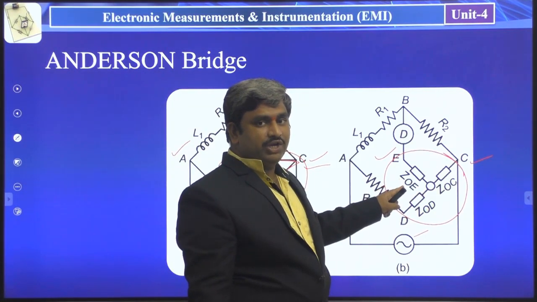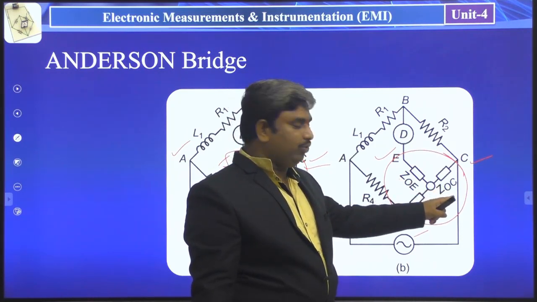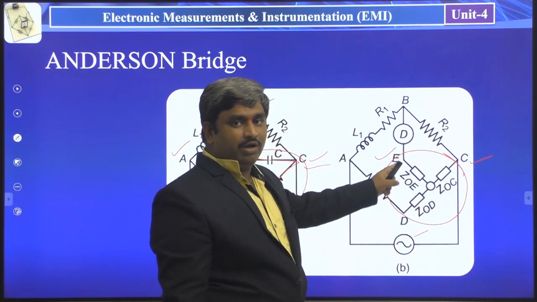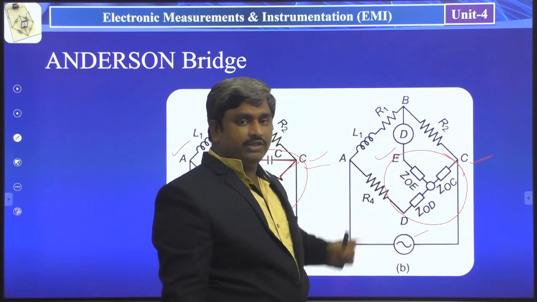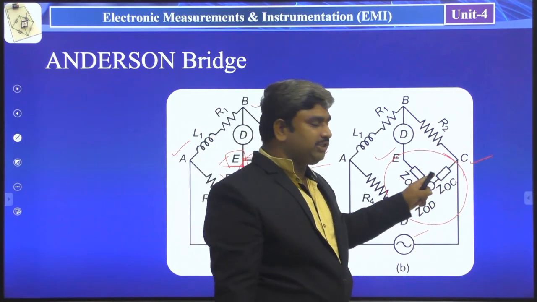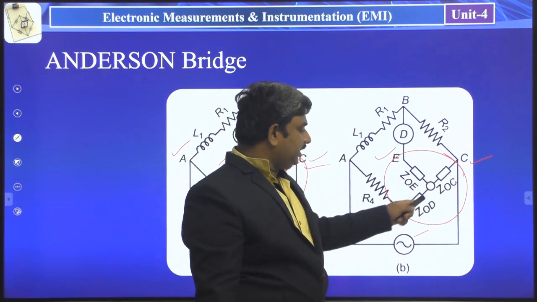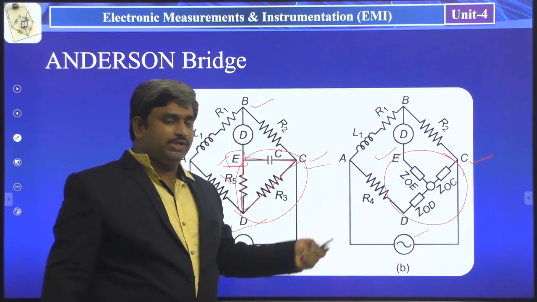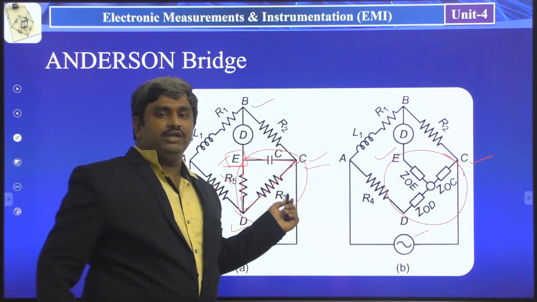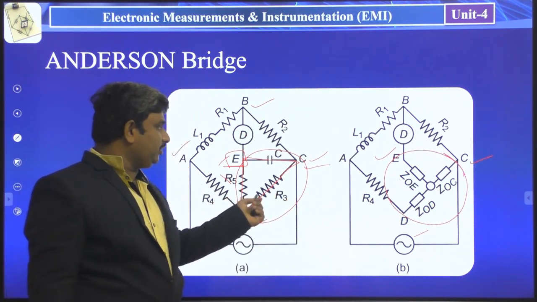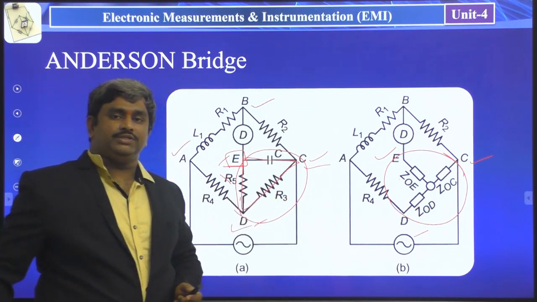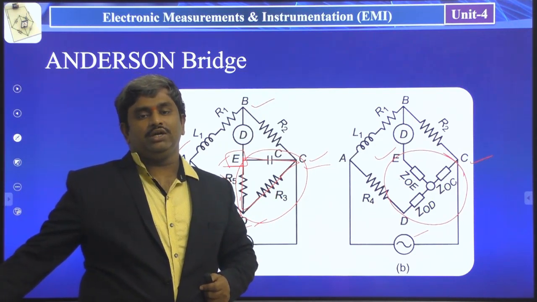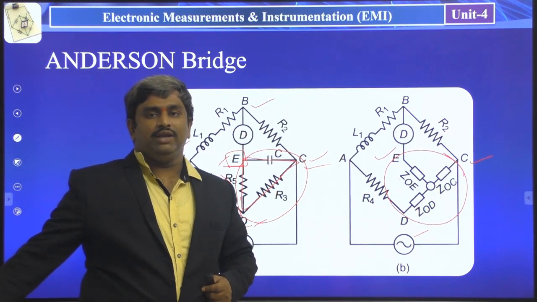That is, one is ZOE, the second one is ZOC and the third one is ZOD. From the E node, we are representing the impedance as ZOE. From the C connection, that is ZOC. From the D connection, that is ZOD. Now let us see the values of ZOE, ZOC and ZOD with the component representations of R3, R5 and C. For this we have to go back to the network theory subject, that is delta to star connectivity. Okay, so let us see.